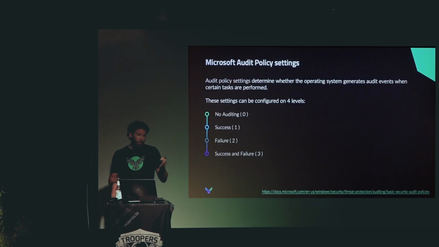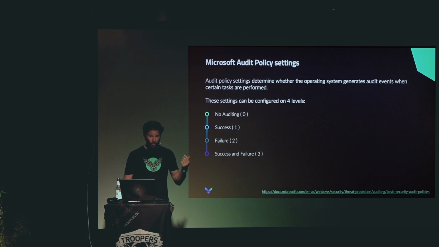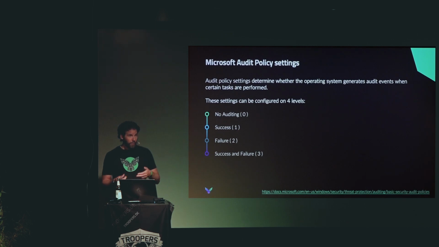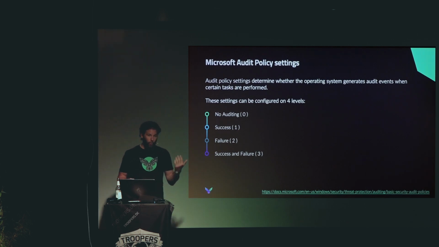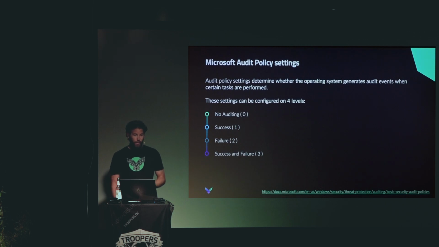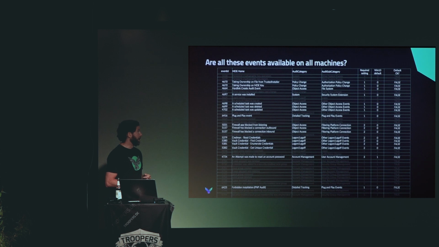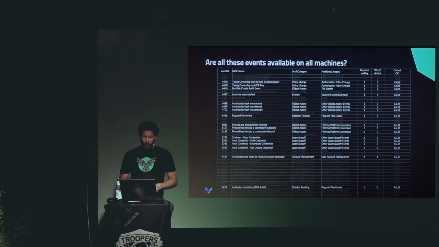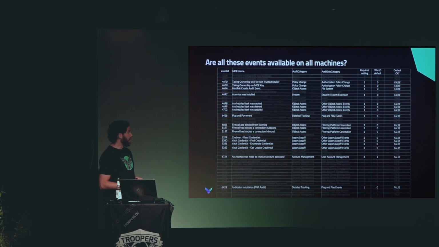So there are basically 3 settings, or none, which is number 4, which you can set. So if it succeeds, fails, or does both, or you don't enable any auditing. So basically, if we flag those and then start looking at a default Windows 10 box, and match it with the required settings that MDE has, there's a lot of stuff that you can't read anymore,